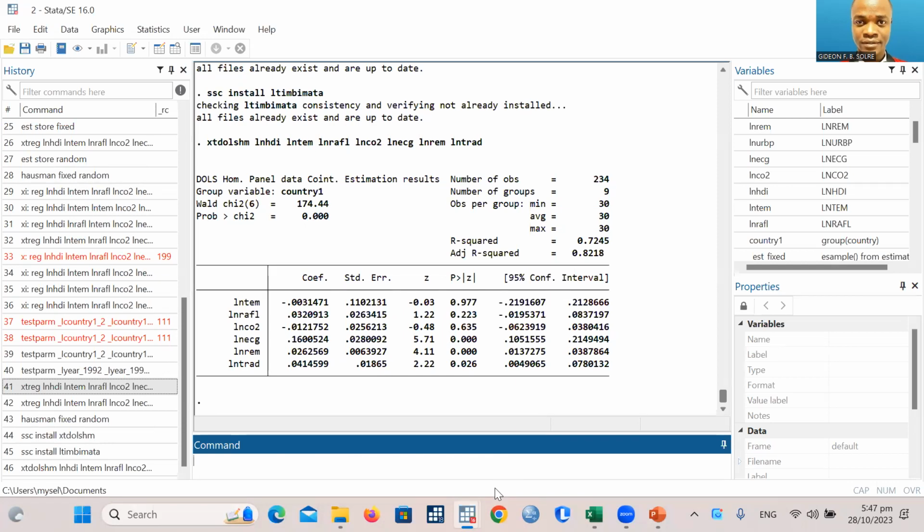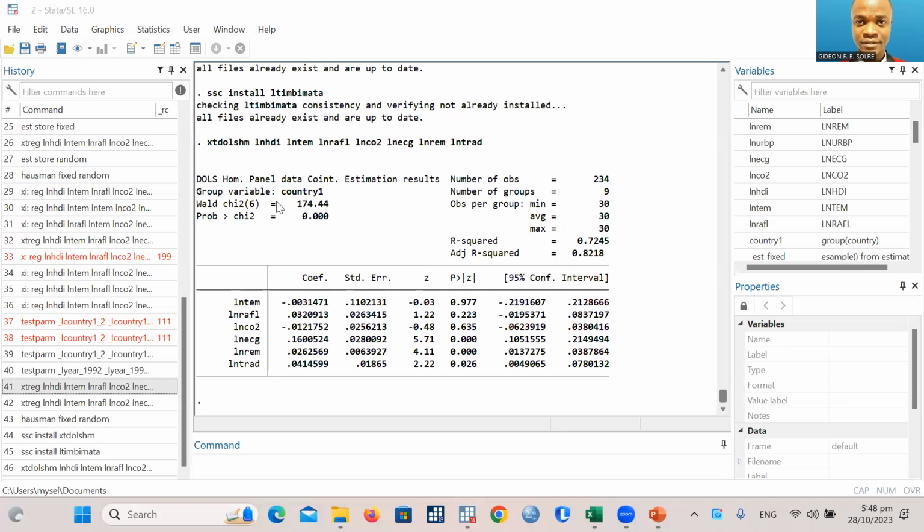Okay, so these are our results. This model is more robust to serial correlation and also endogeneity. So if any of your independent variables are endogenous, or you have that problem, then it's more appropriate to use this. Okay. So with the DOS result, you notice that temperature and carbon emission